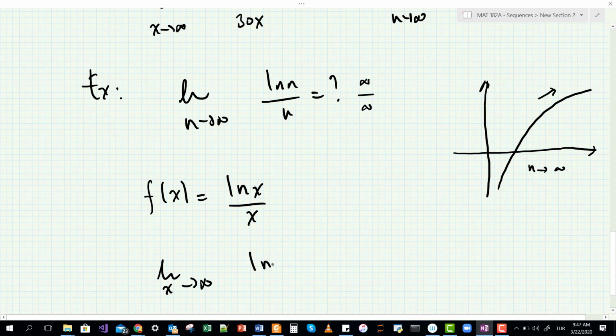And I will try to use my L'Hopital rule since I have the infinite over infinite. I need to take the limit of these two terms. The derivative of ln x is going to be equal to 1 over x, and then the